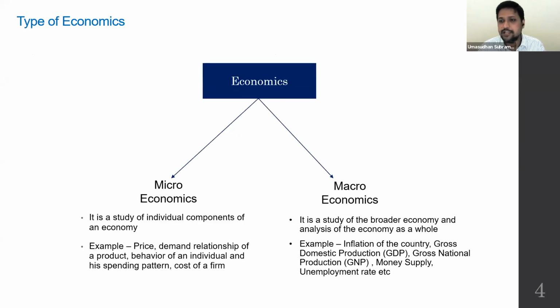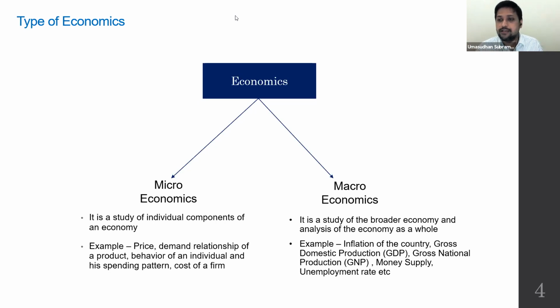Moving further into slide 4, I think this sets the scene for the rest of our discussions in economics, because we are going to divide economics into two categories, microeconomics and macroeconomics. In CFA Level 1, we pretty much cover basic aspects of micro as well as macroeconomics. We will start off with micro, and in the second half, we will move on to macroeconomics. Before getting into that, we need to understand the meaning of micro and macroeconomics, and what constitutes each of them.